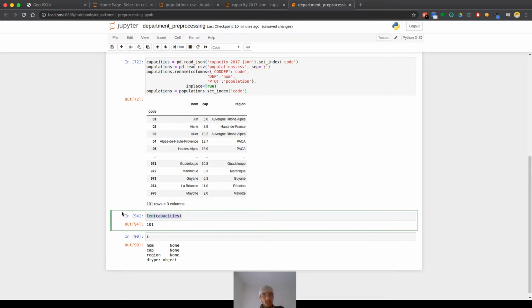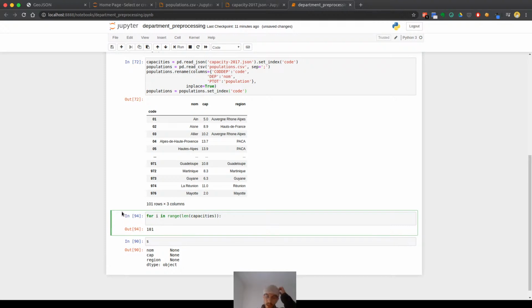Okay. I'm just gonna say for E in range length of capacities, and I'm gonna say that if capacities